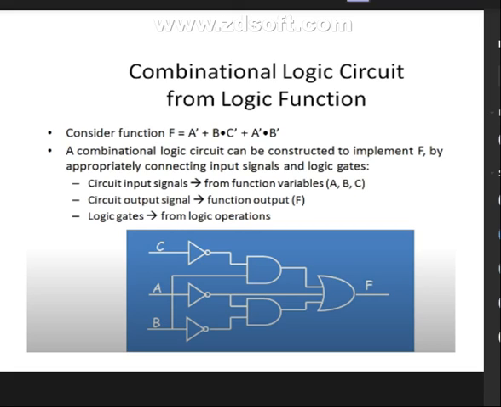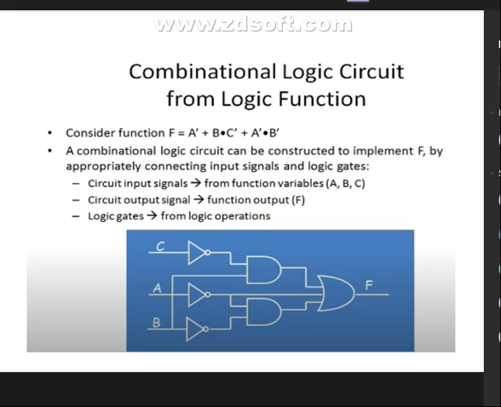Here it is combining three values. This is having one value. A' is one value, B into C' is, we have to consider A' as one value, B into C' as one variable, and A' into B' as another variable. After considering this, from this we can know this gate will have the input of three variables. First variable is A', we got it. Second is B into C'. B into C' means before applying the NOT you have to take B, and into means you have to take the AND gate.